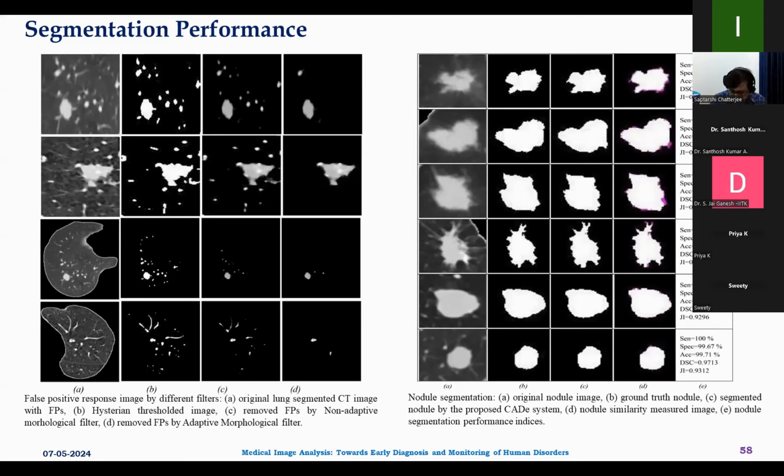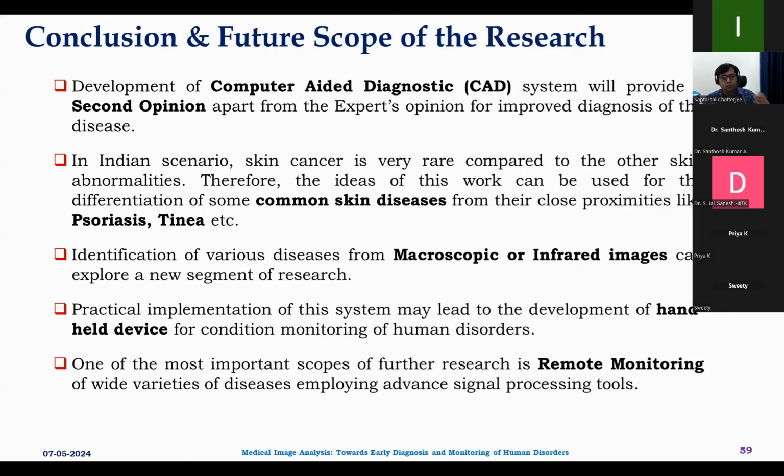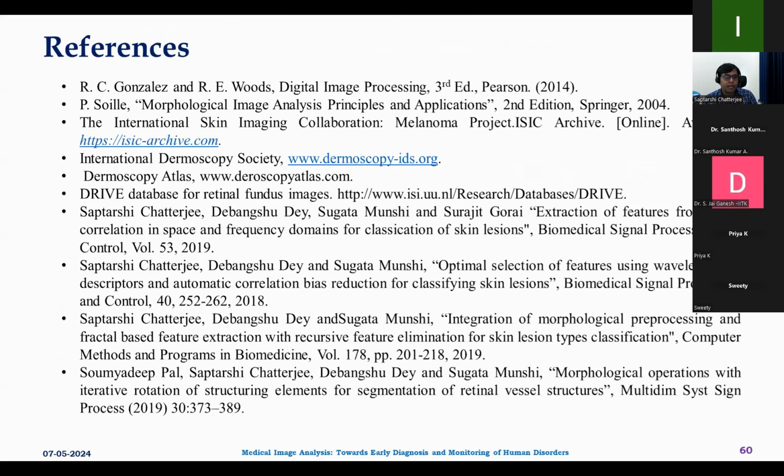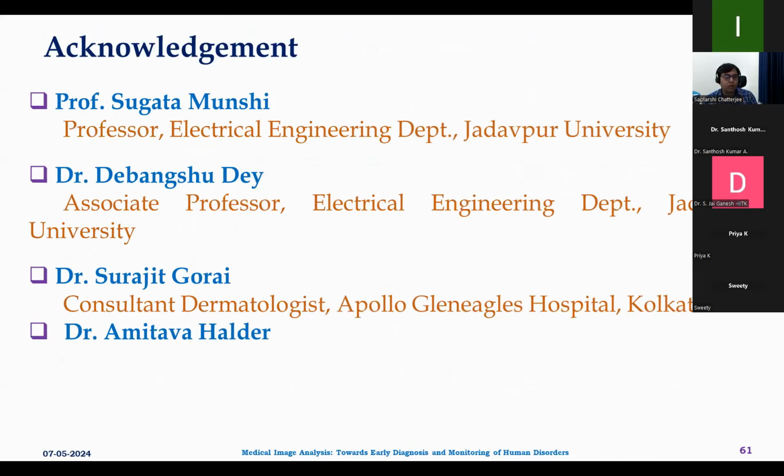Okay, so these are the things, and we can also explore these different tools for other imaging techniques and other imaging modalities. Also, a uniform model can be developed which can be used for different imaging techniques and different applications. That can also be a future scope of research. So these are a few takeaway points from my discussion today, and I should acknowledge some of my collaborators, Professor Munshi and Professor De,